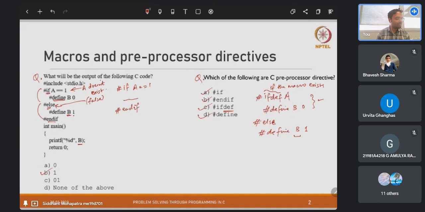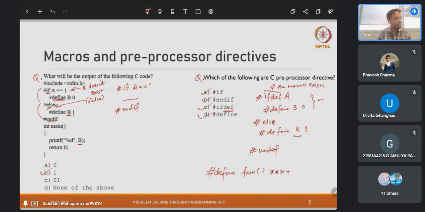So similarly, you also have preprocessor directives for removing macros, which is undef. So it undefines the macro, or rather you can say it deletes the macro. So you can use undef for that, and there are many more preprocessor directives you can look into, which have a variety of purposes. And also we have seen a few examples before where, using the define command, we have defined macros, say func, and